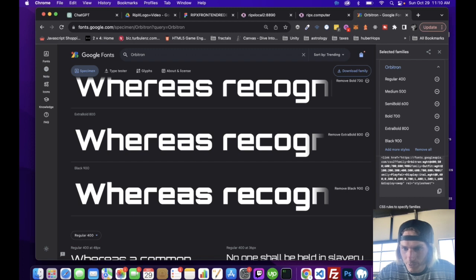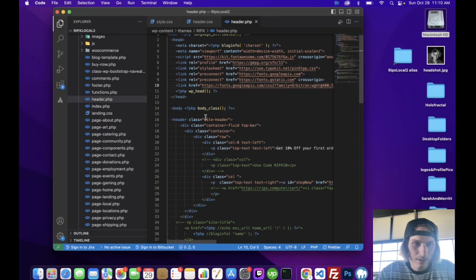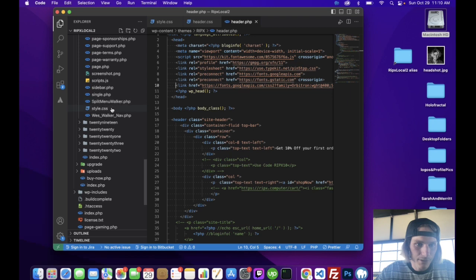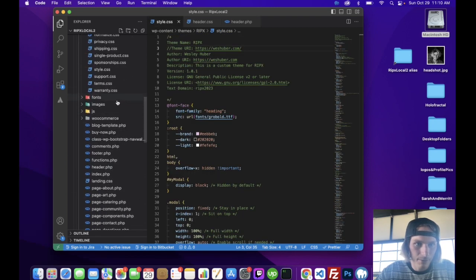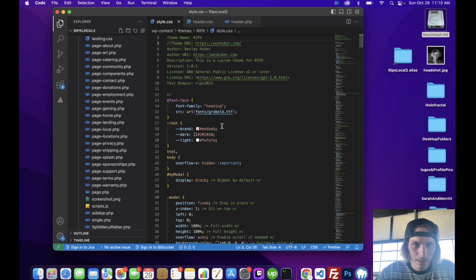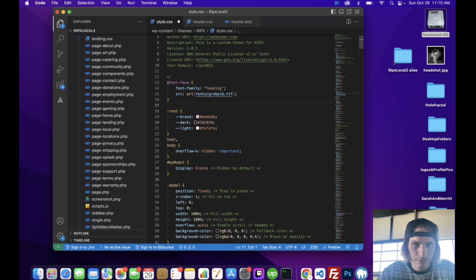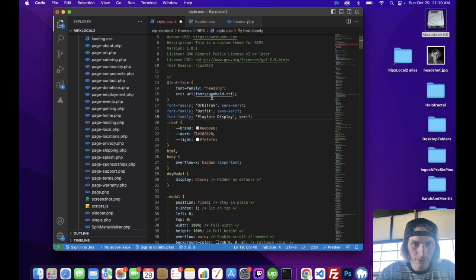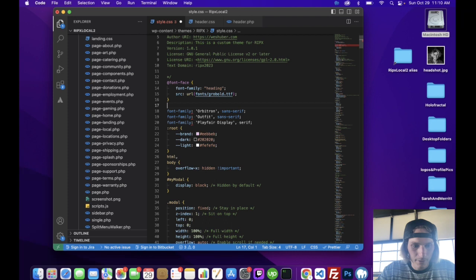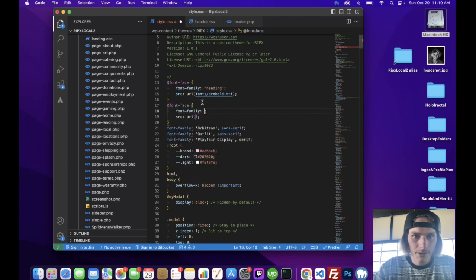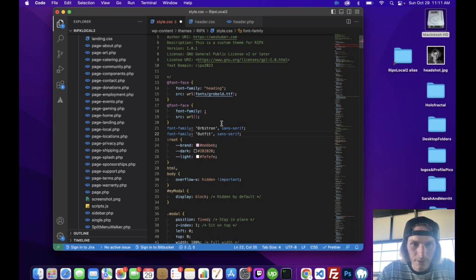So we're going to copy these font families, and we're going to go back into our style CSS that's in the root of our theme folder. And we are going to add some fonts. So like here I defined heading before. Let's do some other stuff. So I'm going to do a new one for, let's do, okay, we had our Orbitron and our Outfit. I don't think we're using Playfair Display, so